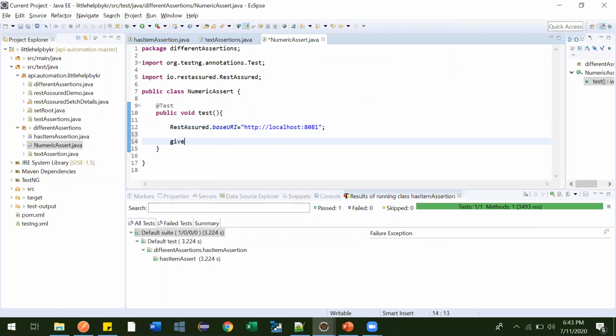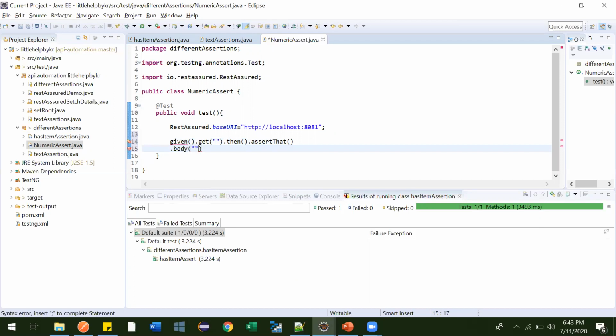Now given, dot get, we will be pasting the endpoints, and then dot assertThat, dot body. Here we will be giving from where we want to fetch and what we want to assert.